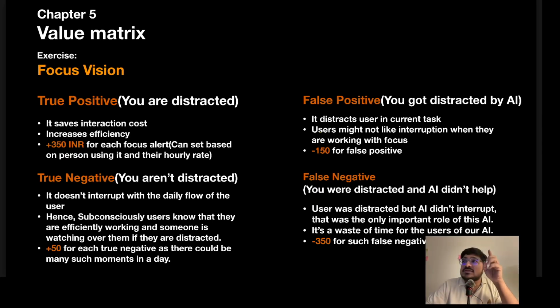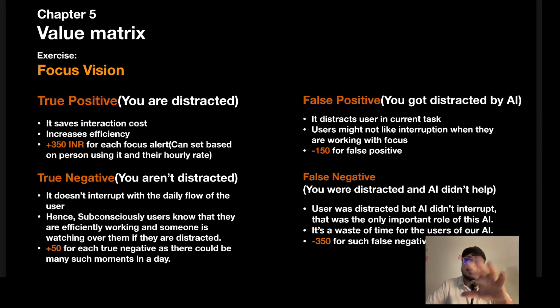And there is a fourth scenario where AI is giving the false negative. That means you are distracted, but AI did not catch you. AI didn't help you at that time. So then what is the use of using that AI? I want those kinds of scenarios to be caught, at any cost. That is very important for me. So based on that,